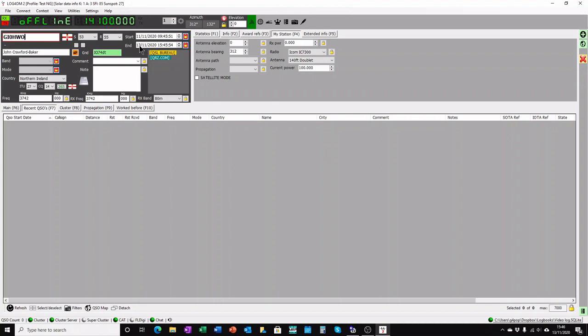9:45, and the end time would be the same, would be on the 11th, and it would be probably a little later, let's say 9:55. And there you've got the start and end times entered. It's done the lookup for you, and the band looks off. I want to say the band was, shall we say, 60 metres, and the mode was USB,